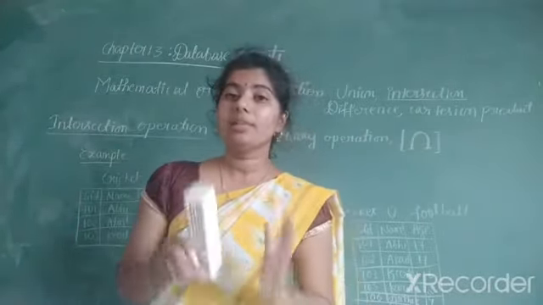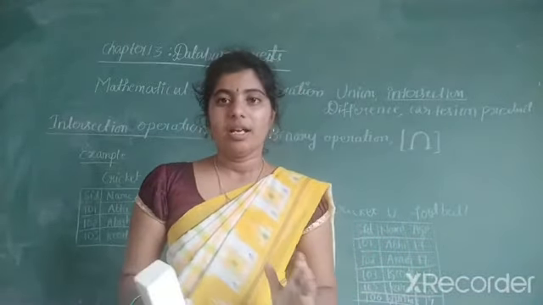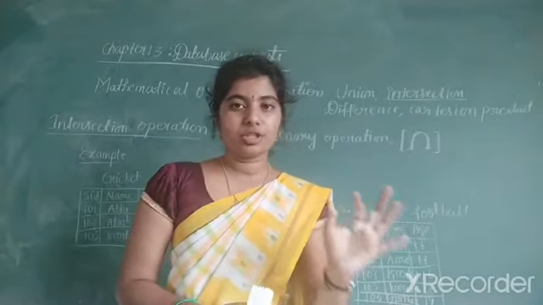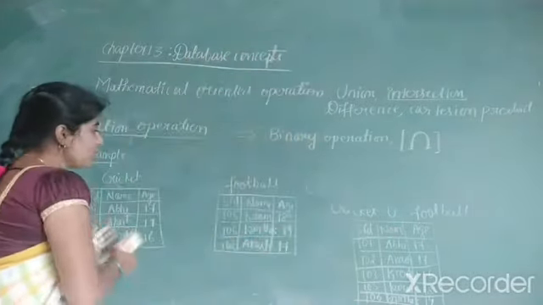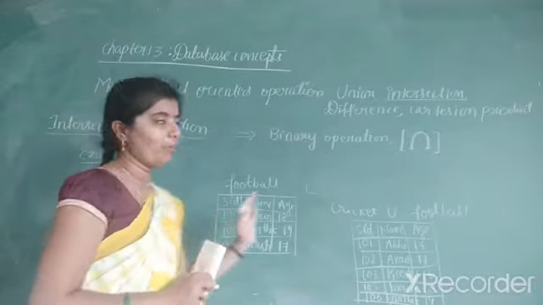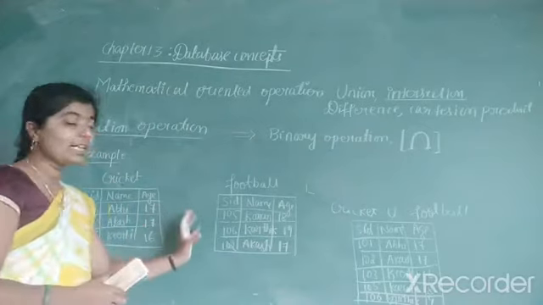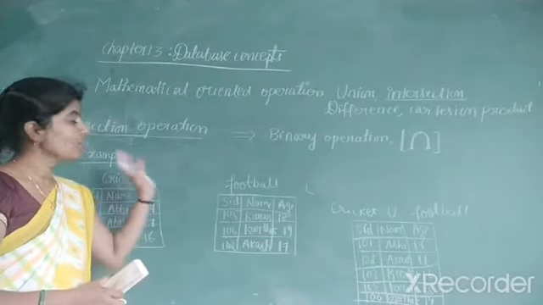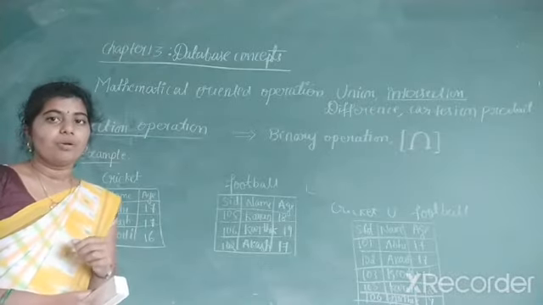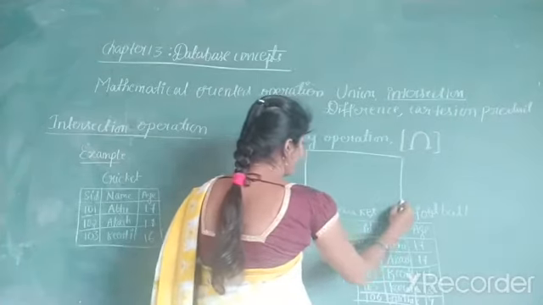The compatibility rules for union and intersection operations are the same. Based on that, we can tell these two relations are ready to perform the intersection operation. Here the intersection compatibility holds, as we have already explained. So it is ready for the intersection operation. Before that, we have to draw the Venn diagram for the intersection operation.